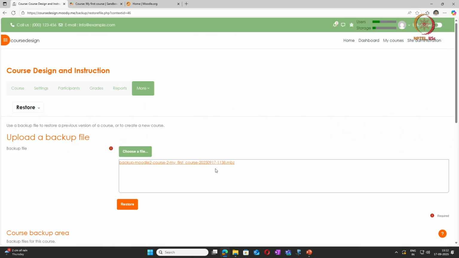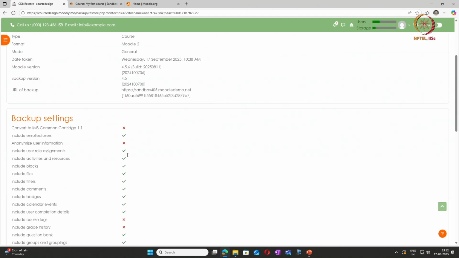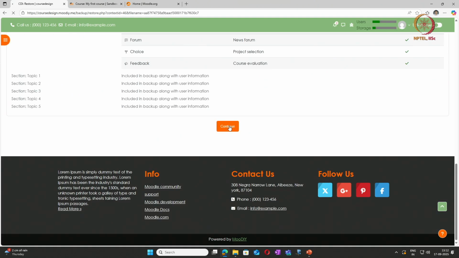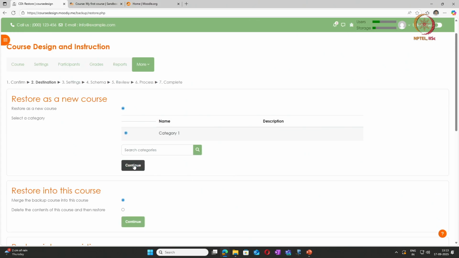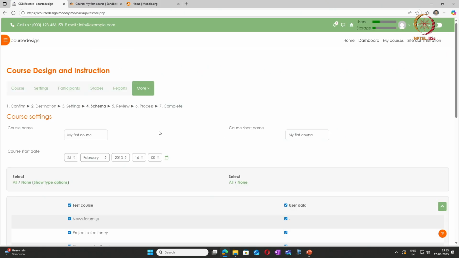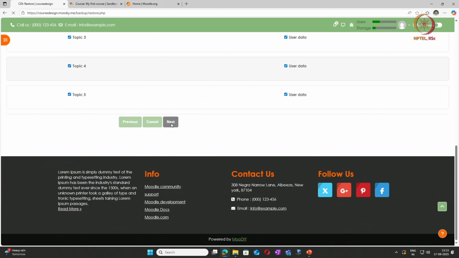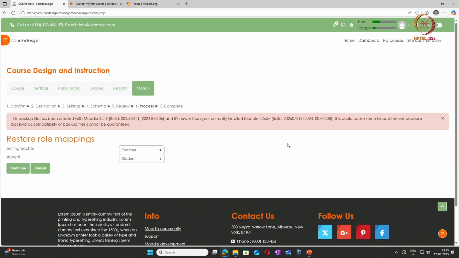Here if we click on restore, it will give you the details of the restoration and click on continue. Perform restore.